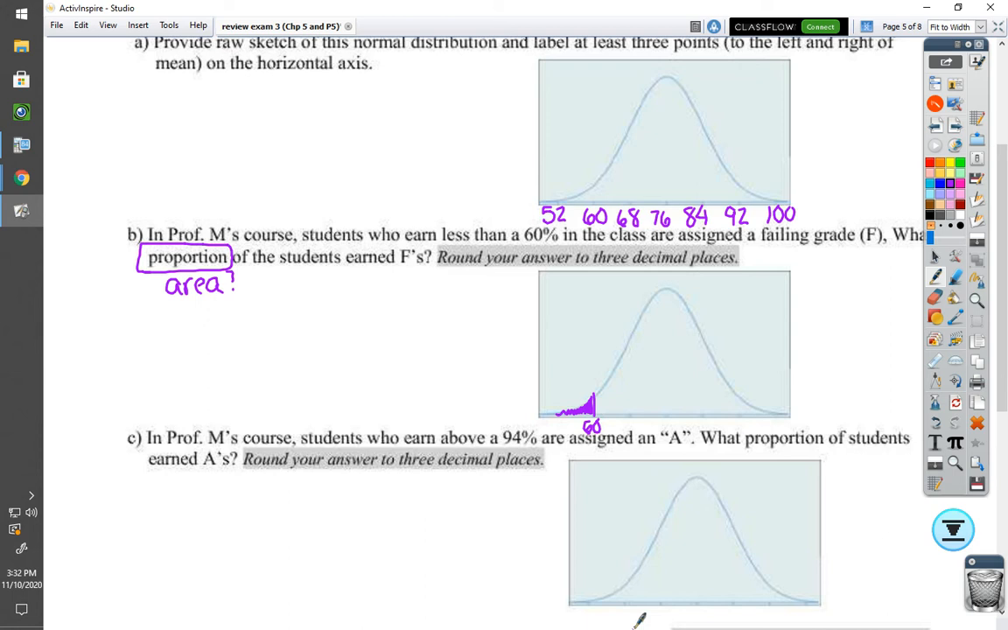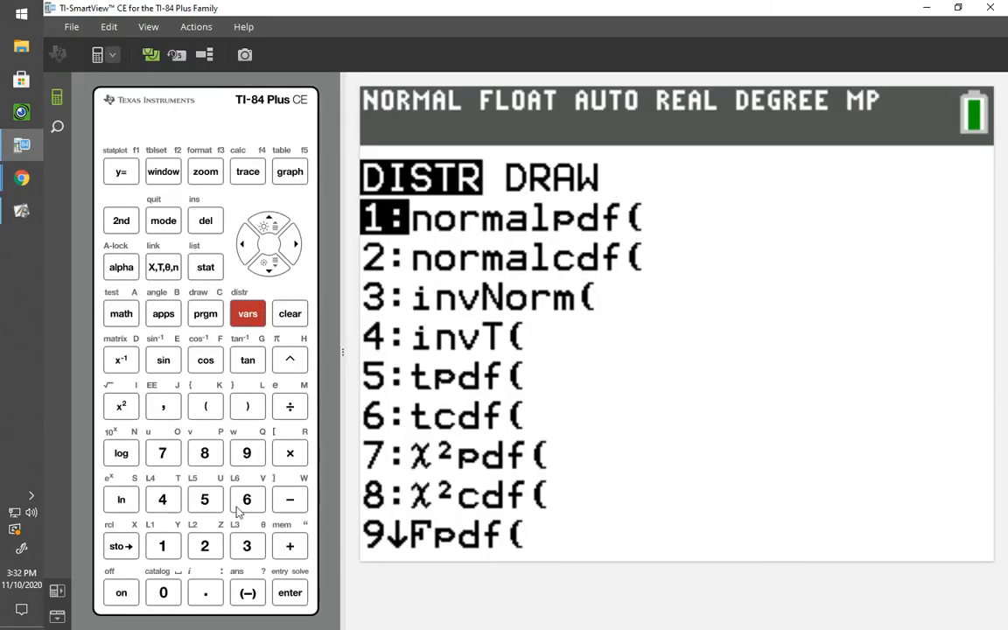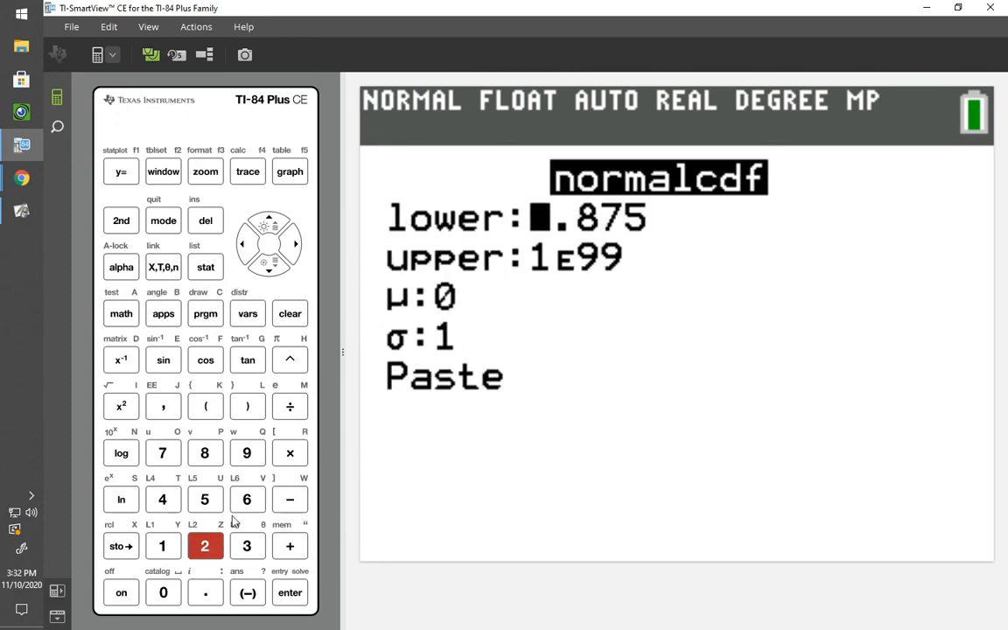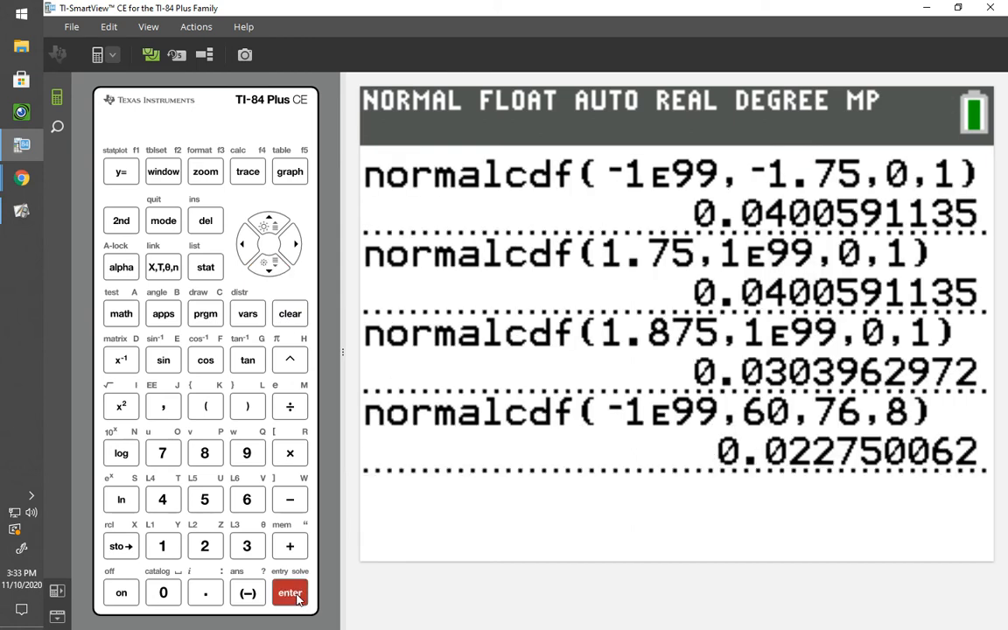So if we want area, it's a normal CDF calculation. We go to the calculator, we go second, distribution, number 2. Again, we have to have a small value here, -1 second value E99. I'm working my way up to a larger value of 60. Now remember though, my mu value here is 76, and my standard deviation is an 8. I hit enter, and it looks like approximately